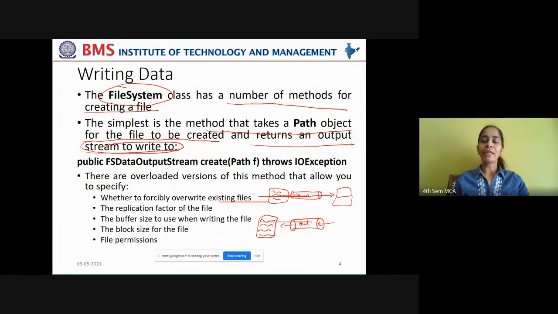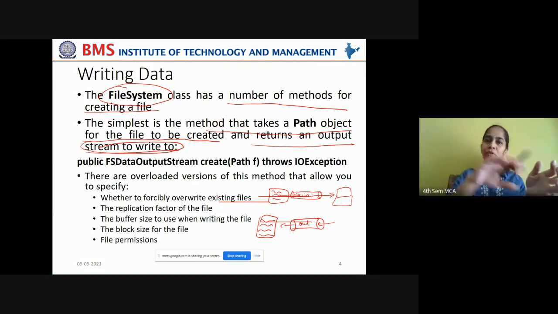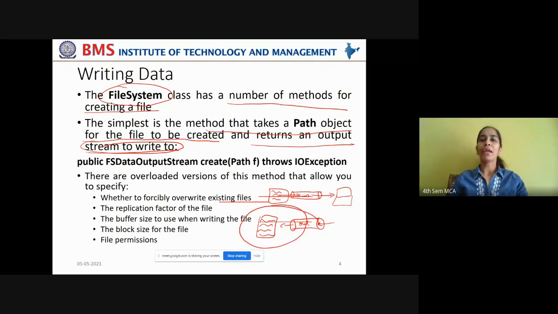In general, when you're writing some data to a disk, you use the normal data input stream and data output stream. But when you're writing data to files, you use the file system data input stream and file system data output stream. So to read data from a file, we use the file system data input stream, and to write data to the file, you use the file system data output stream. Where do you read the data from? From another file, you read the data into your output stream, and through that output stream, you write it onto the file. Got it?